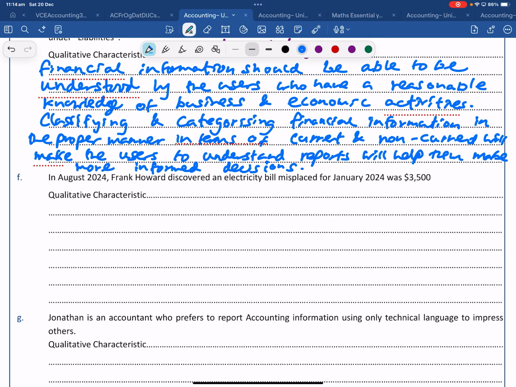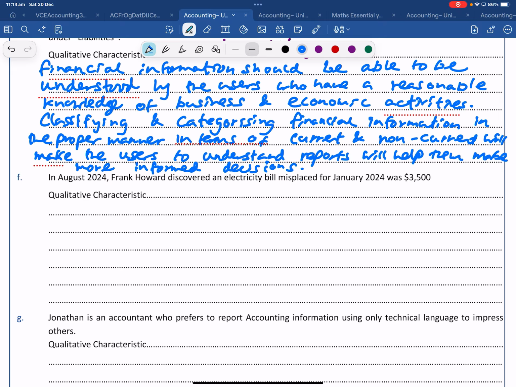Why? If not verifiability, what do you think? Why do you say verifiability? But still there is a bill, yes? Electricity bill is there. We can verify. Don't worry about verifiability. Wasn't it misplaced? Yeah, it was misplaced, but after that, what happened? You haven't read the question properly. He discovered... Was it timeliness? Yeah, I think that should be timeliness as well.